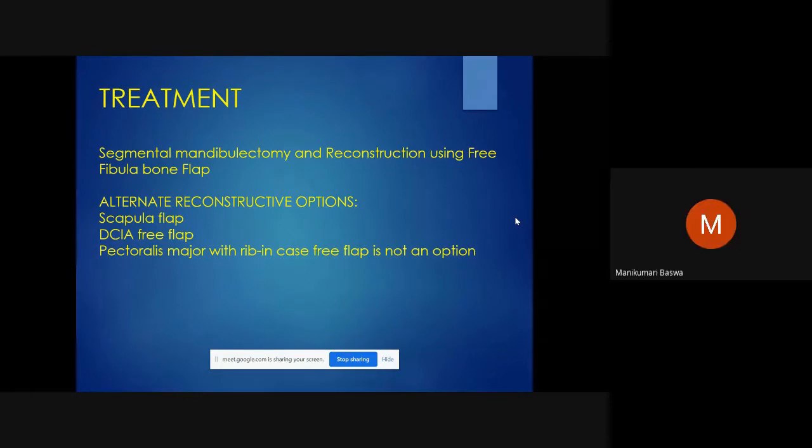What are the drawbacks of DCIA? As the donor side morbidity, herniation. Herniation, yeah. Tell me, so many things are there. Sir, I think you and I did a DCIA together also. For anterior. So post-operative seroma. Very good. Excellent answer. Seroma, lymphedema, lymphorrhea is a big problem.